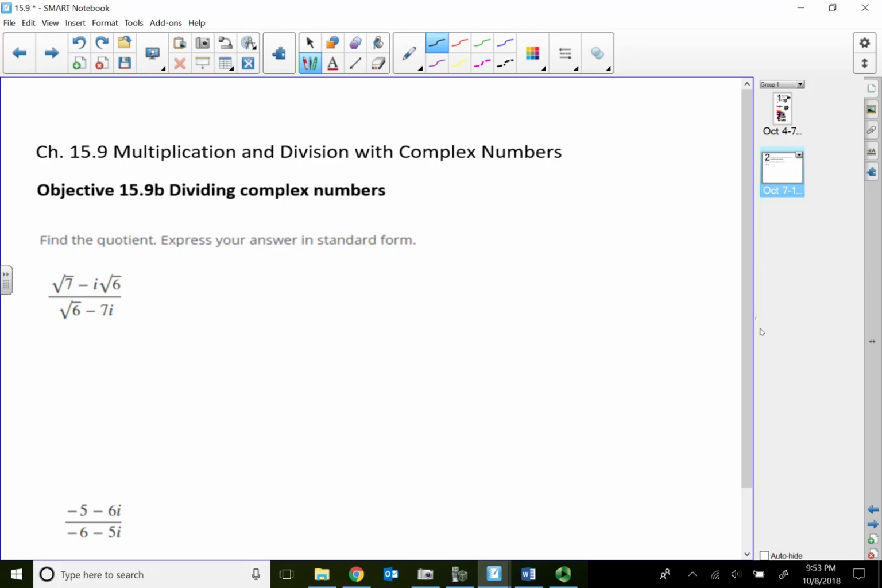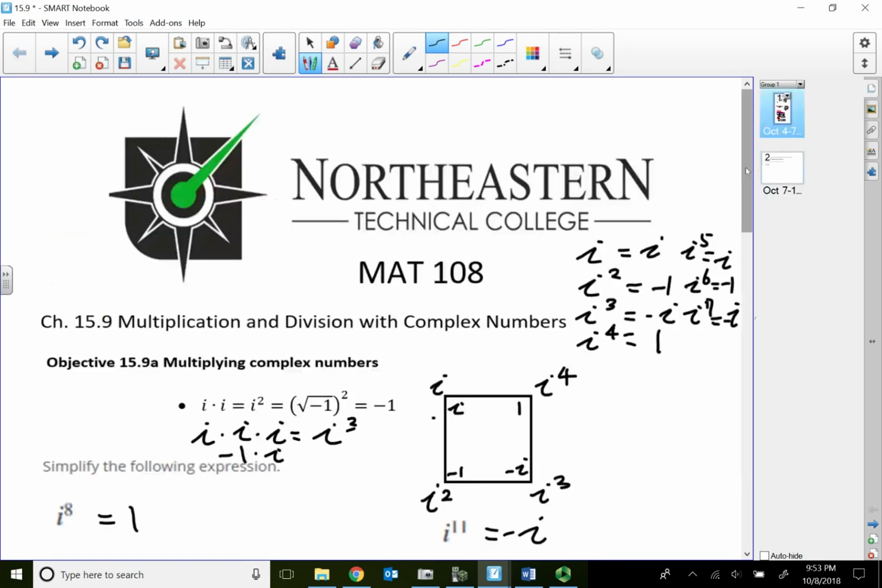Welcome to module 15.9, dividing complex numbers. I believe I left one problem out in the previous video, so let's come back and do this one first